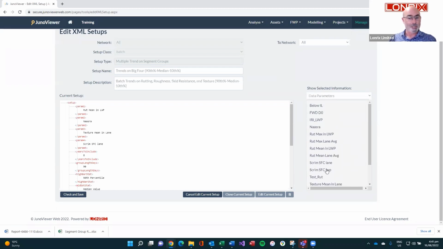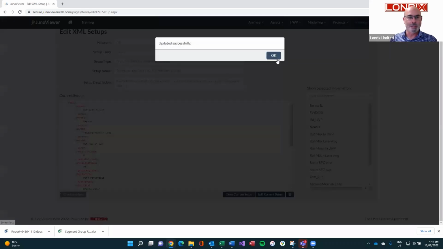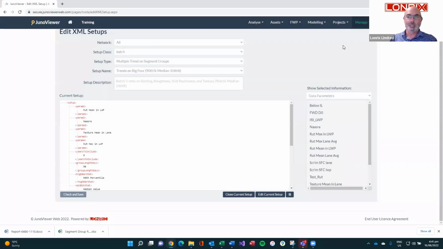called, actually I don't have a right wheel path, but I have a maximum in the left wheel path. So let's have a look at that one. What I would need to do is basically type it in: rut max in left wheel path. Okay, now we've changed it. So again, just check the wording and the spelling and the capitals. Check and save. It says, updated. So now if I was to go back to my report generation